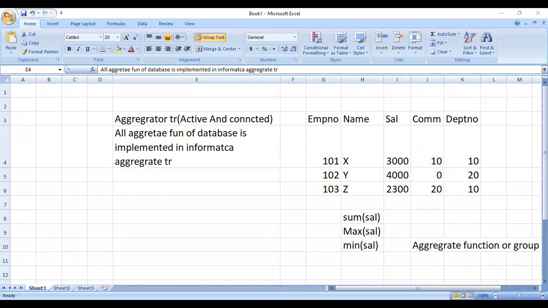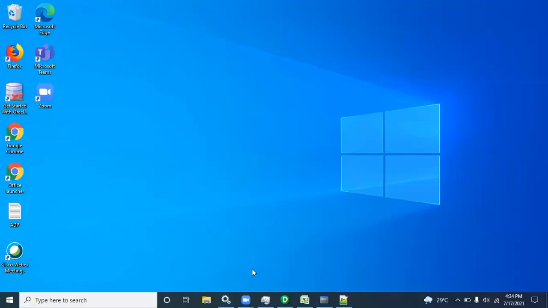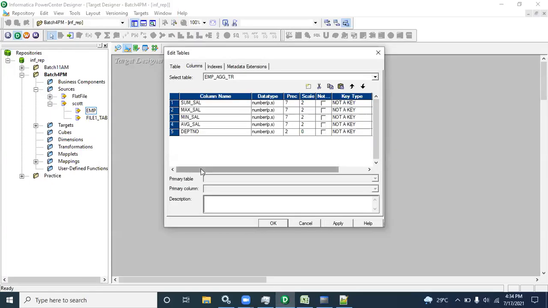Okay, just one second. Now Informatica is visible. Yes. Okay, from my end there was something stuck. Okay, we will do the Informatica part from the start. Just give me 1 second.